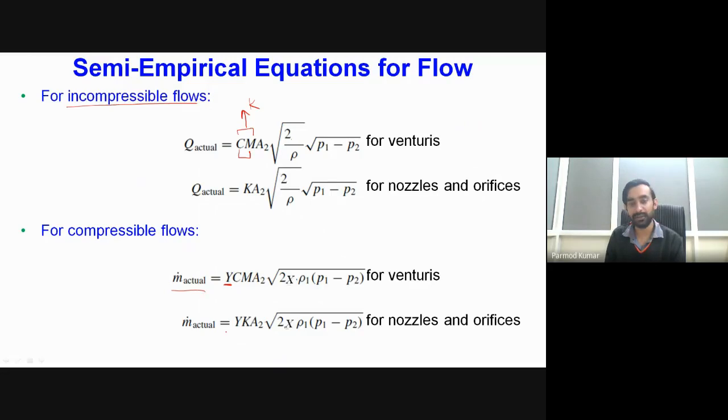And similarly, for nozzle and orifice also, we are multiplying this factor y over here. However, one important point you have to take care of while using this factor y: for nozzles and Venturis, we have only a single plot from which we can obtain the value of y. However, particularly for orifices, we have two different coefficients, so depending upon the type of the pressure taps, we will be using the value of y.